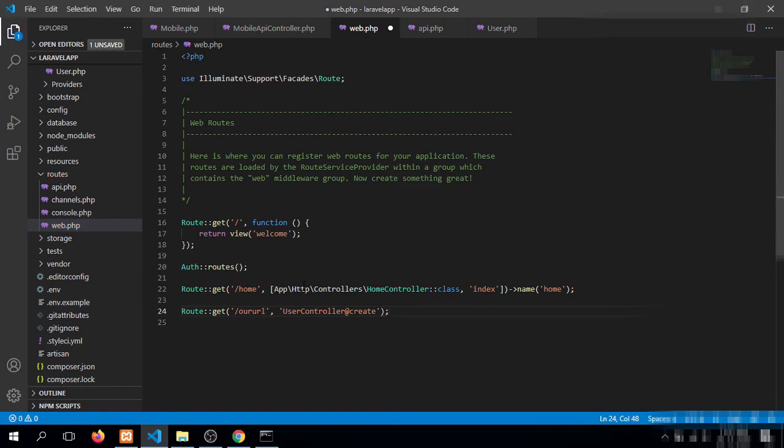Previously, this was the syntax we followed to define our routes, but we will have to use this type of syntax as of now in our new version of Laravel. This is our class path and type of class, and this is our method in this particular class. So guys, these are the steps we will have to follow if we start working with the new Laravel framework.